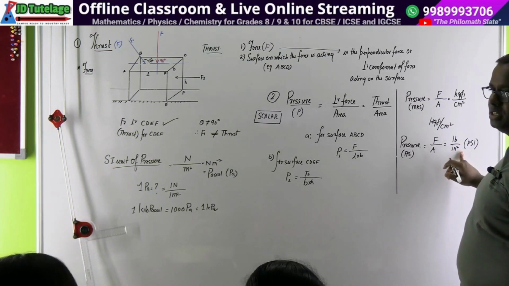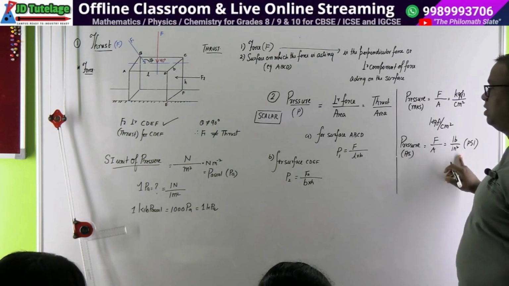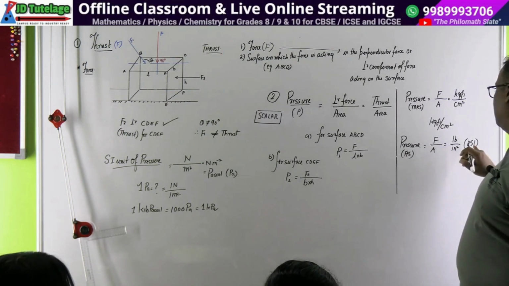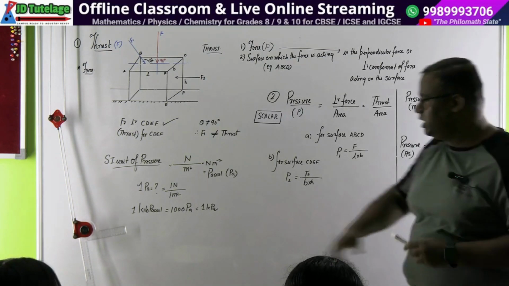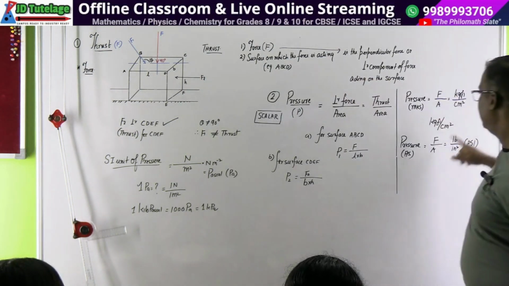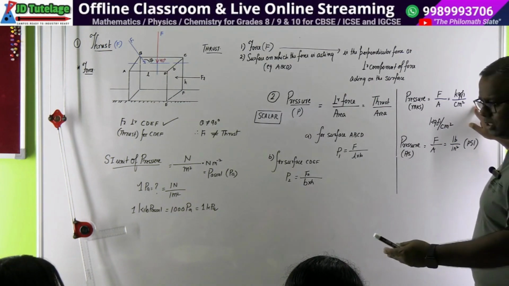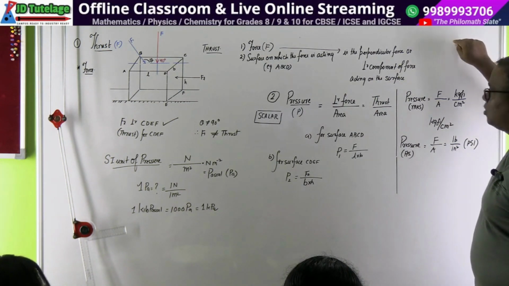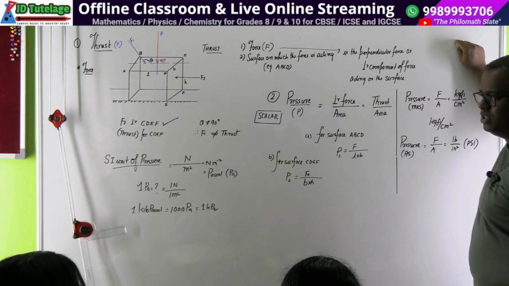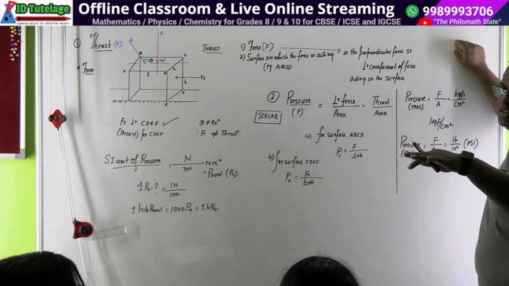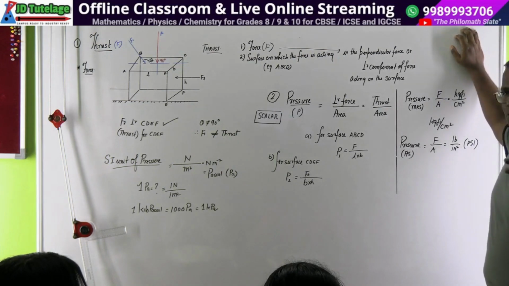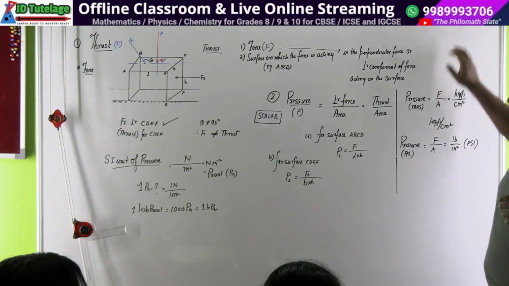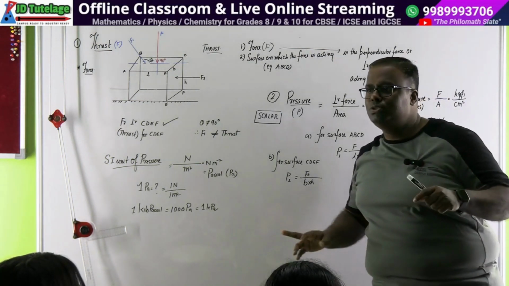G is gauge. Gauge means you are measuring above the atmospheric pressure. So when you go to a fuel station and you inflate your car tire, you are not inflating as per this. You are not inflating as per this. You can do it. In that system, there will be a switch called mode. Again, you can select the units, just like in temperature we have got Celsius and Fahrenheit. If you go to the US, you make it Fahrenheit. But our people, always dumbos, if you set it to Pascal,